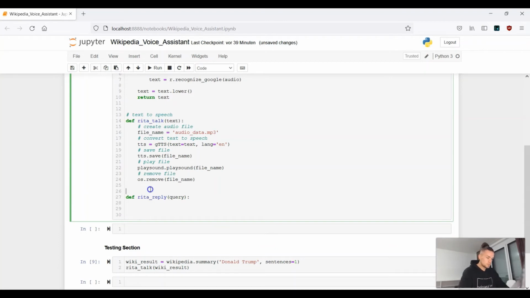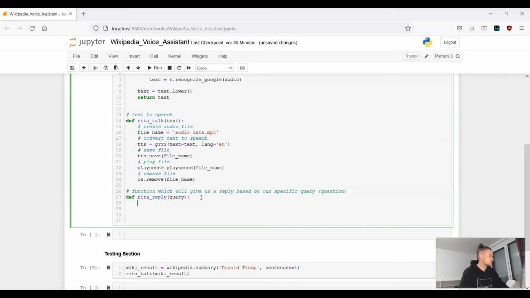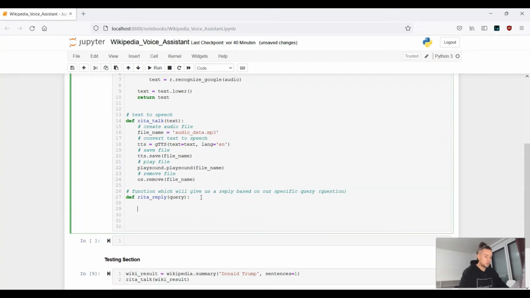A function which will give us a reply based on our specific query, or let's say question. Okay, so this is actually the short description of this function here. And let's say the keyword should be Wikipedia, so I guess this is quite obvious. So if Wikipedia in text, now it's query, right? If Wikipedia in query,